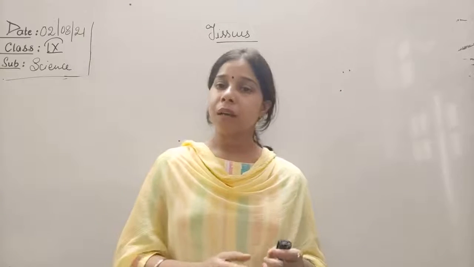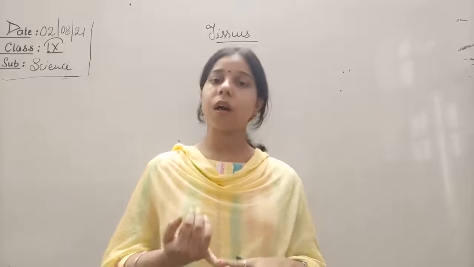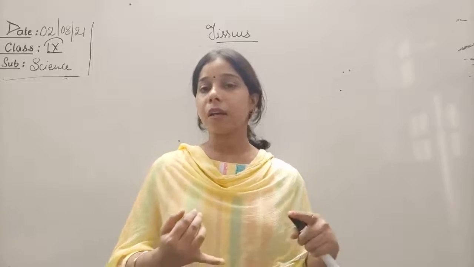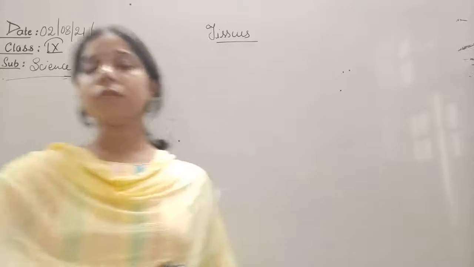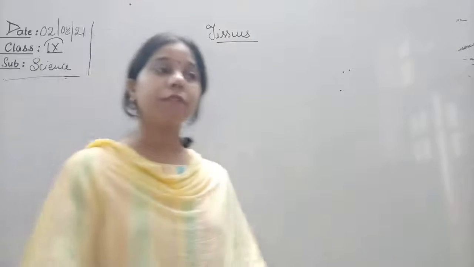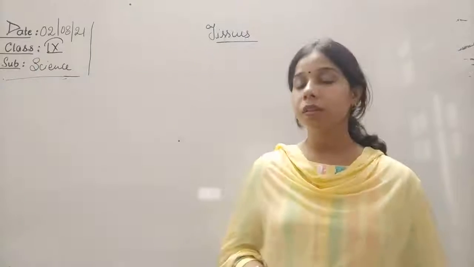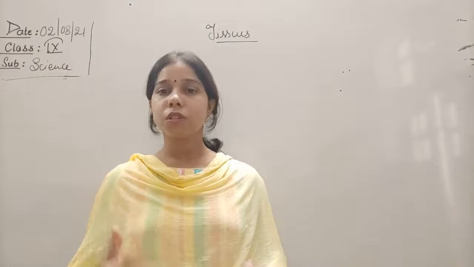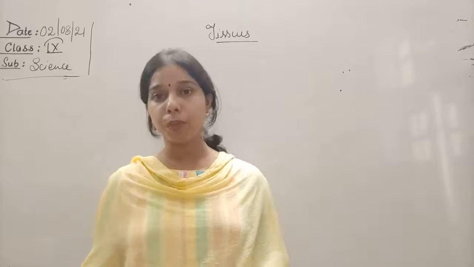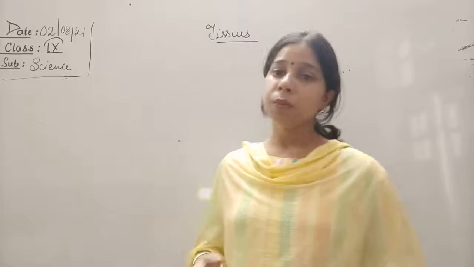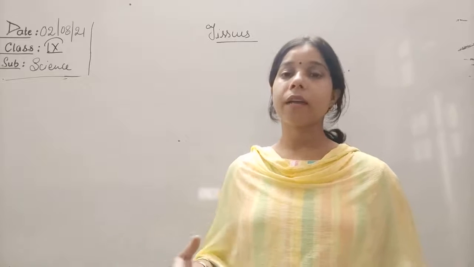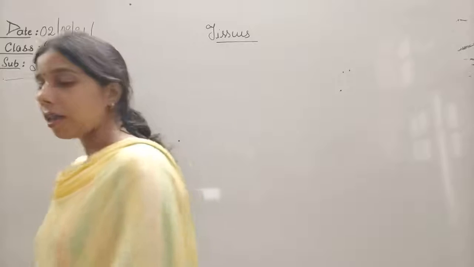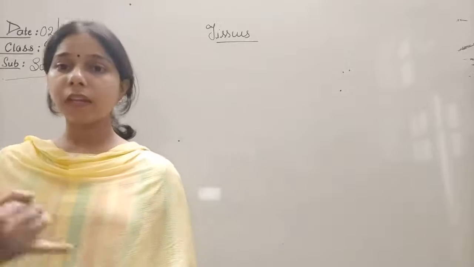Now you see, connective tissues are also divided, and we have seen the first one, that is areolar tissue. Then the second one is adipose tissue, which consists of fat globules. And then we came to understand about ligaments, and as well as tendon. So what are tendon and ligament?